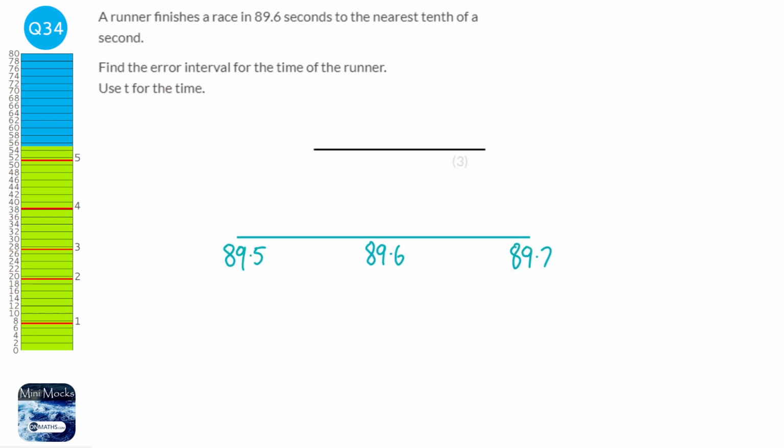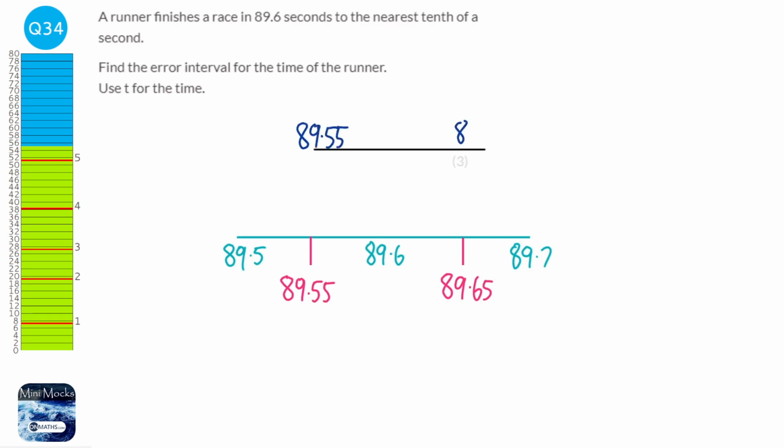Now the bounds, the upper and lower bound, the maximum and minimum number it could be before rounding, are going to be at the halfway points. So here and here. And so all we need to do is work out what those numbers are. So halfway between 89.5 and 89.6 is 89.55. And halfway between 89.6 and 89.7 is 89.65. So those are going to be our lower